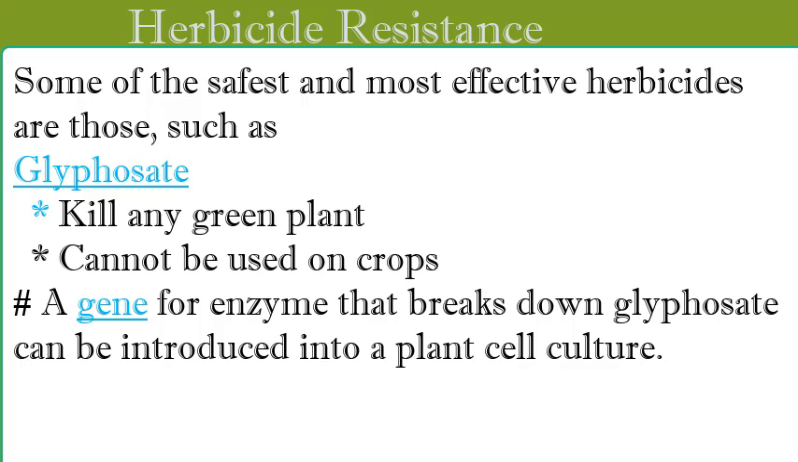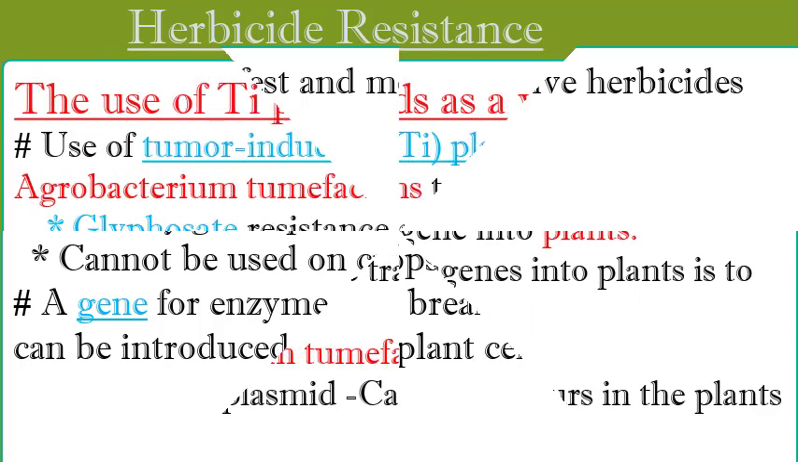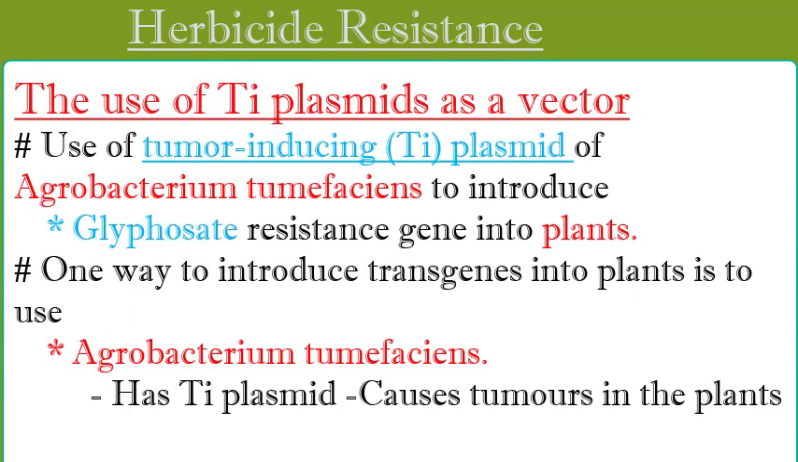So, a gene for an enzyme that breaks down glyphosate can be introduced into a plant cell culture. For this purpose, we need to use the tumor-inducing or TI plasmid of Agrobacterium tumefaciens to introduce the glyphosate resistance gene into plants. One way to introduce transgenes into plants is to use Agrobacterium tumefaciens, which has a TI plasmid that causes tumors